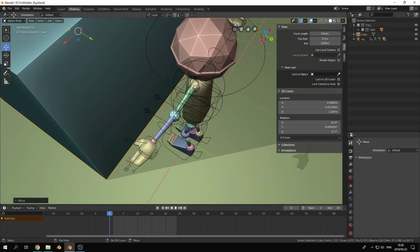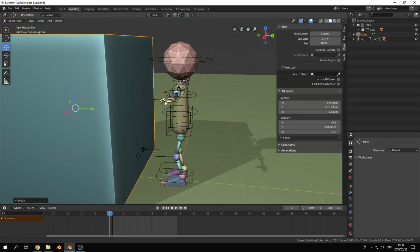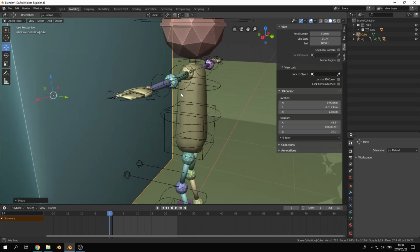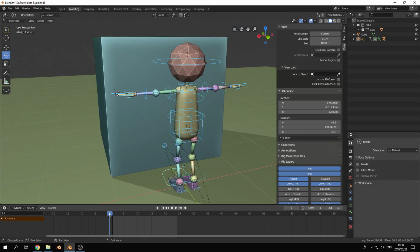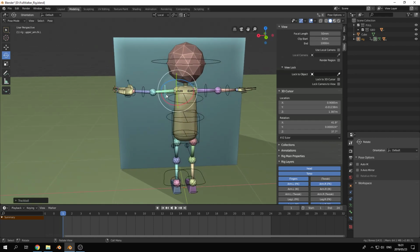So remember that as soon as our hands come into contact with an object, we want to switch over to IK so that our hands can stop moving and be controlled by the thing. To get there, it needs to be FK first and then switch over to IK. Also, we need to make sure that all of our character's controls are in constant interpolation in terms of the keys. We'll get there now. So let's just quickly do